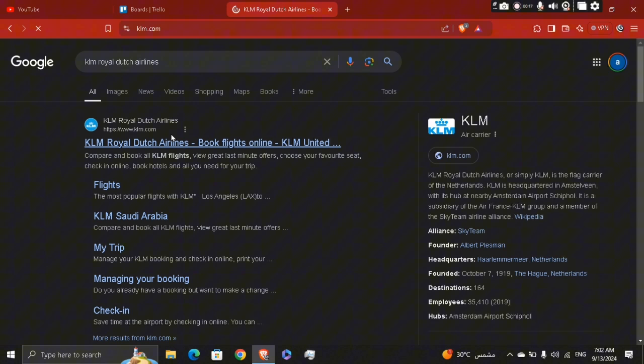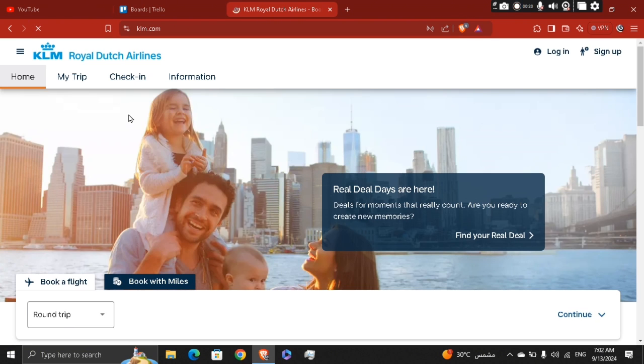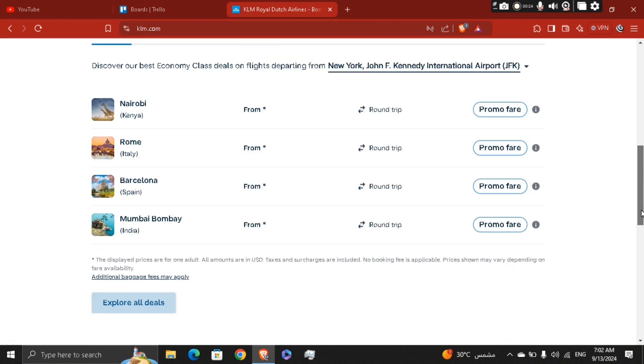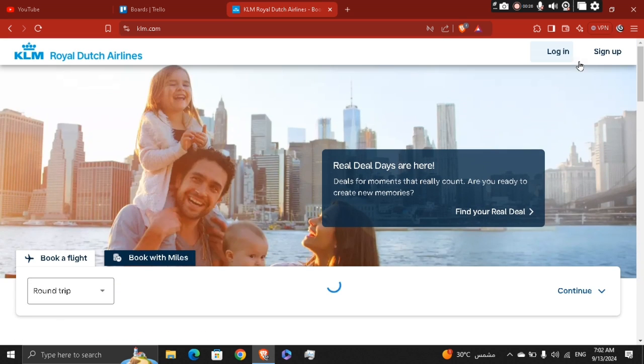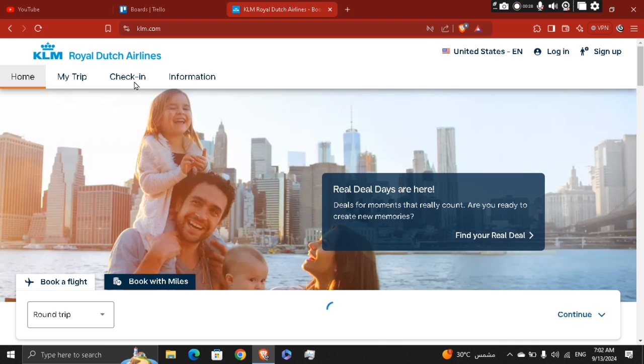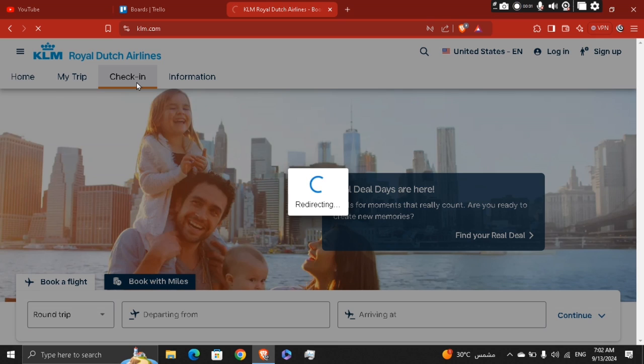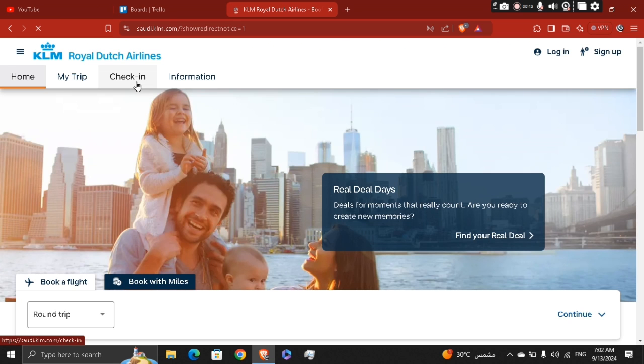What you're gonna do, you're gonna just go ahead and see right here, this is the interface, and make sure that you log in with your account. Okay, if you have already the information, go ahead straight forward to the check-ins right here, and basically you're gonna wait for a few moments right here. Okay, and afterwards you're gonna be redirected to the KLM Royal Dutch Airlines, and you're gonna enter all of your